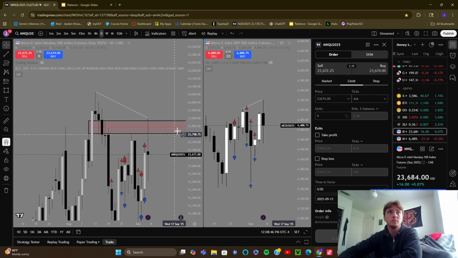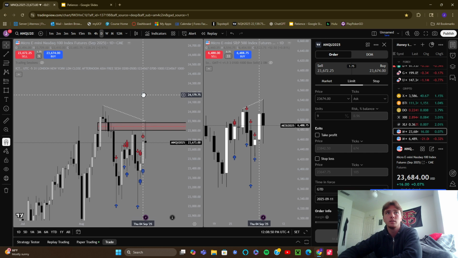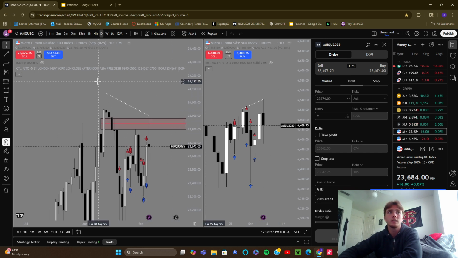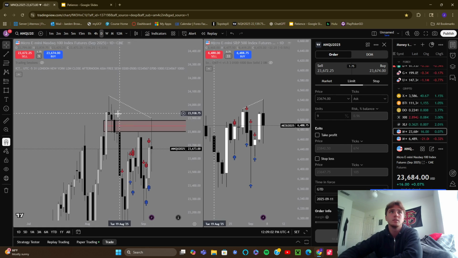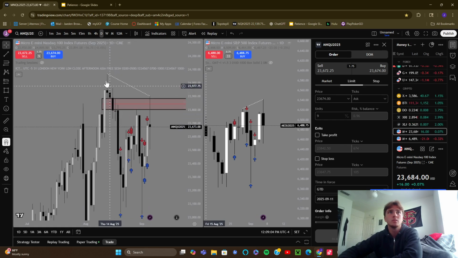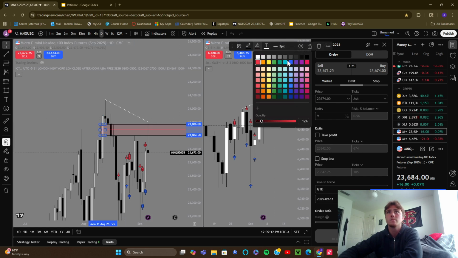So same setup. SMT. That's the only thing, is that there's no CSD before the projection off. Technically, there's SMT here as well. So technically, we did have a break of structure to the downside. SMT break of structure to the downside. I'm pretty sure there's one right here too as well. So SMT, break of structure, retracing back up. It's this inverse fair value gap. Make it purple.